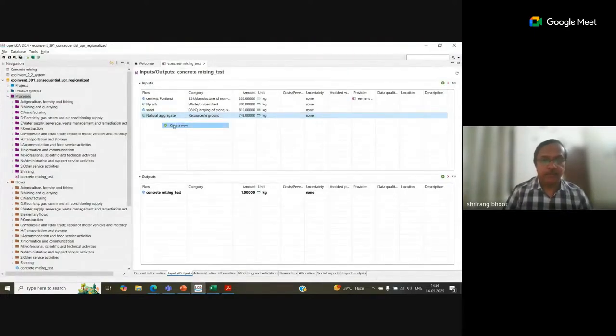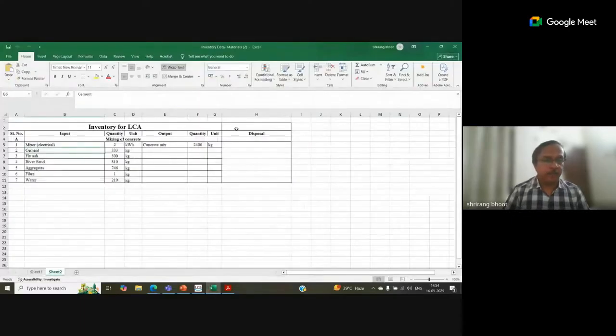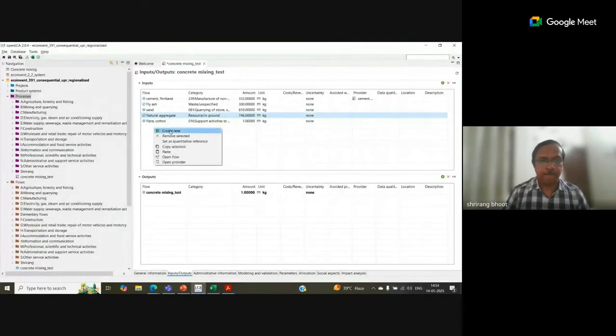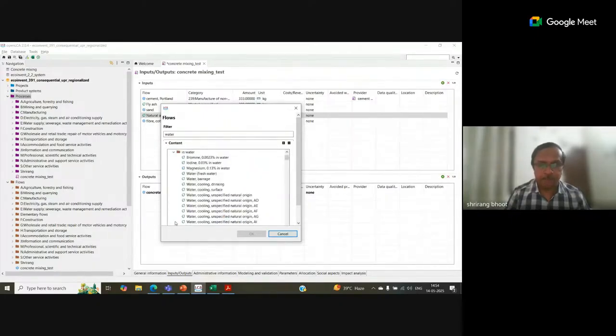Then I add fiber, cotton fiber here, 1 kg, and then water. Water again, I take it from resources.